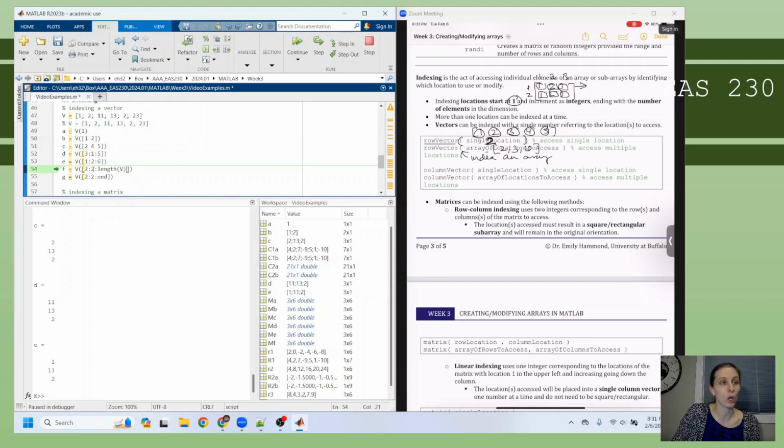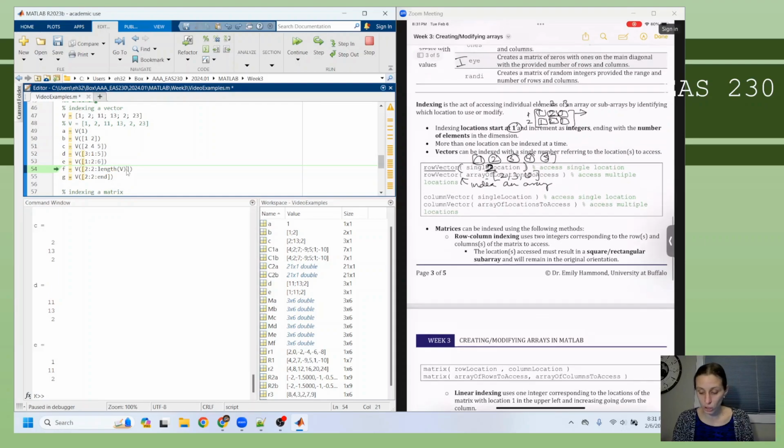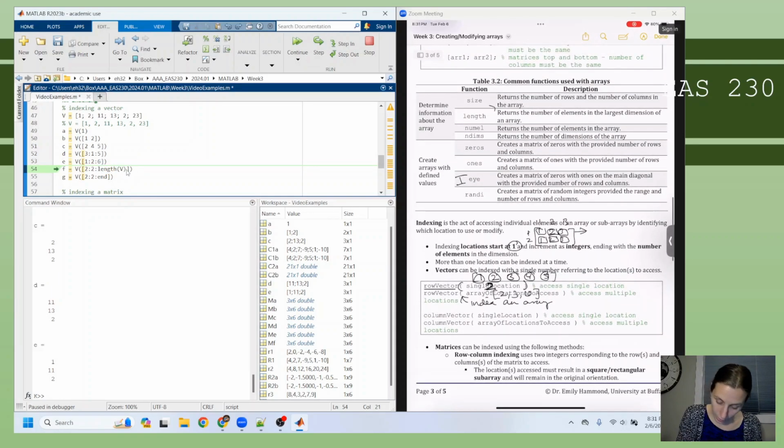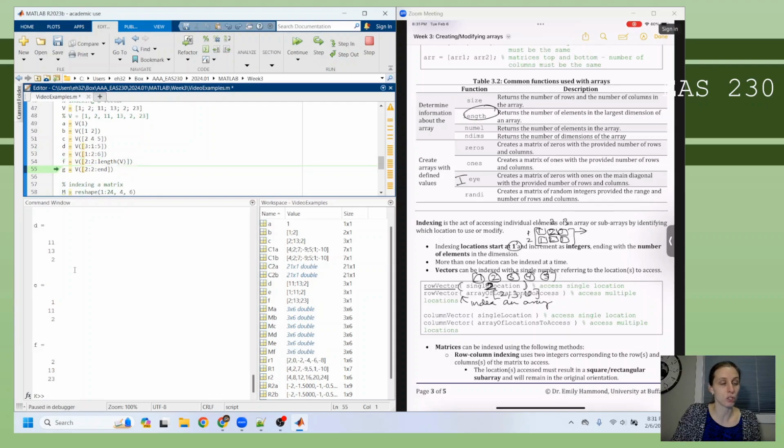Here I'm indexing 2 to the length of v. Length of v is one of those functions that we talked about. Length returns the number of elements in the largest dimension of an array. So for a vector, it's the number of elements it has. So starting at 2, incrementing by 2, all the way to the number of elements. So 1, 2, 3, 4, 5, 6. So it's going to index all the even numbers. So 2, 4, 6. So element 2,